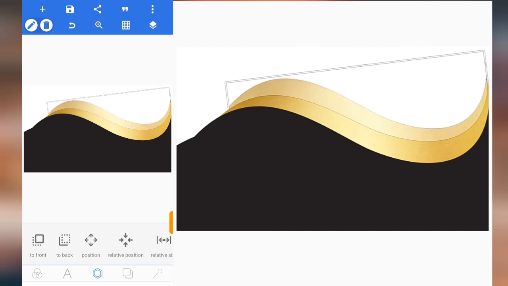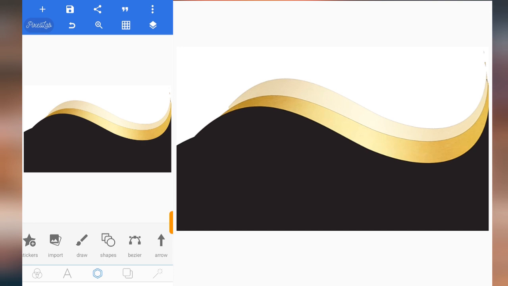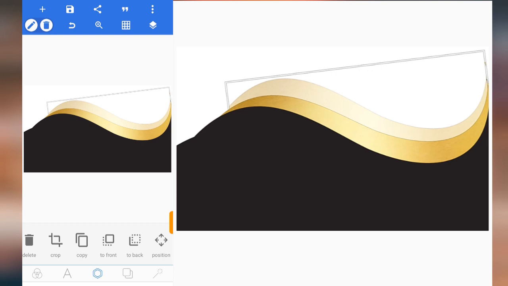Okay, I think this is good. So what we're going to do now is let me move to opacity. Okay, I think this is nice. This is perfect. This is very good. So the next thing that we're going to do is, for this one,